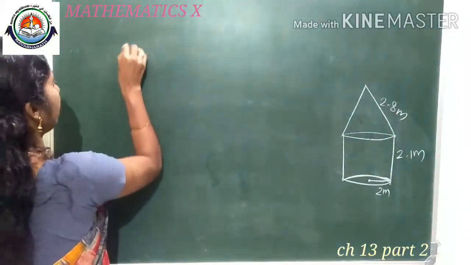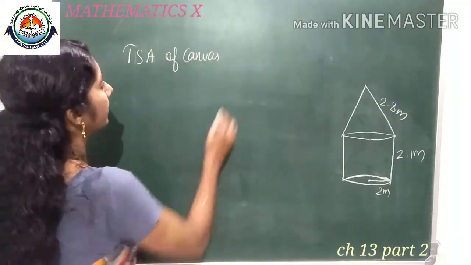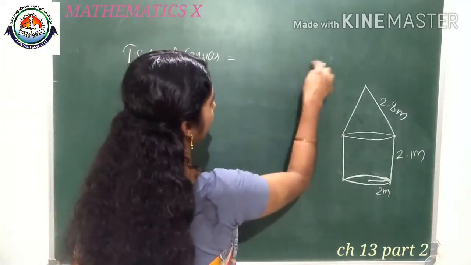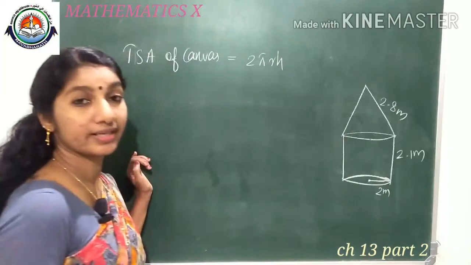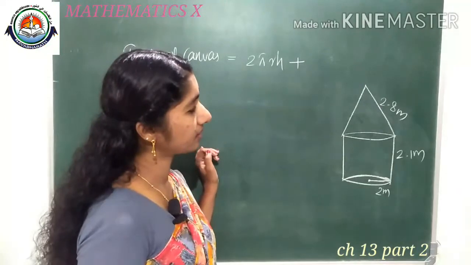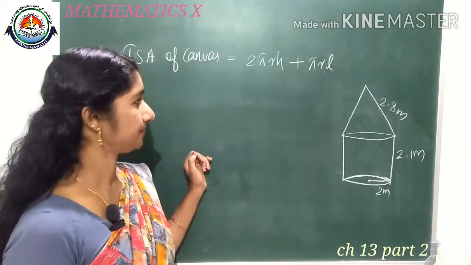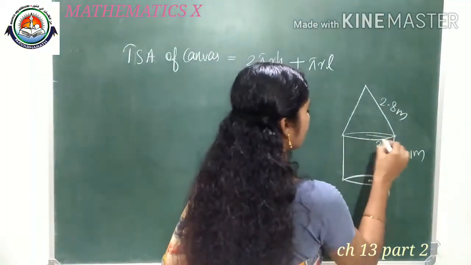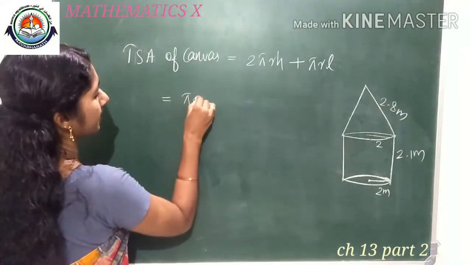So we can make the equation TSA of canvas equal to CSA of cylinder plus CSA of cone. I am just writing the equation. 2 pi rh is the equation for finding curved surface area of the cylinder, plus what is equation for finding the cone? It's given, we know its curved surface area is pi rl. And here also same radius is the same radius too. Okay. Then just substituting the value, that much only. Before that we can take common factor. Pi r is common.